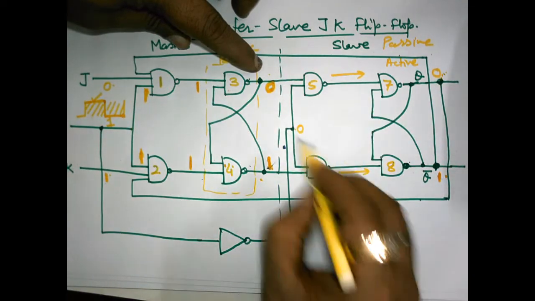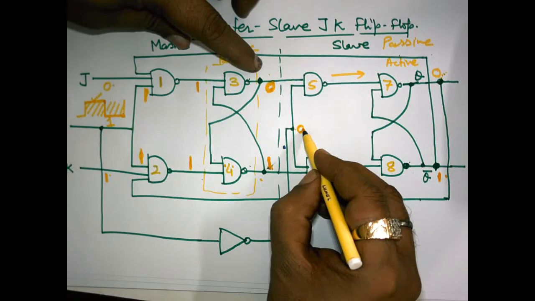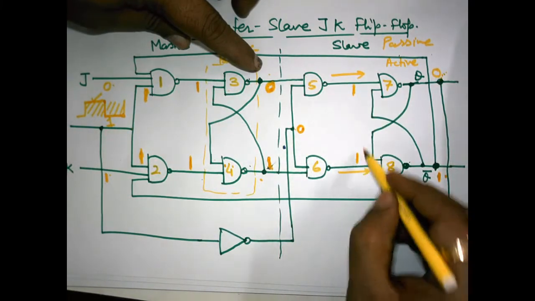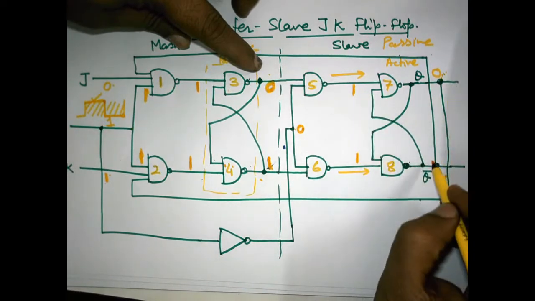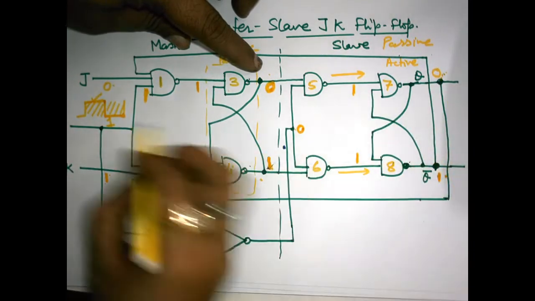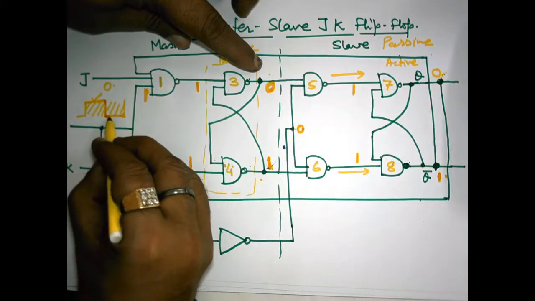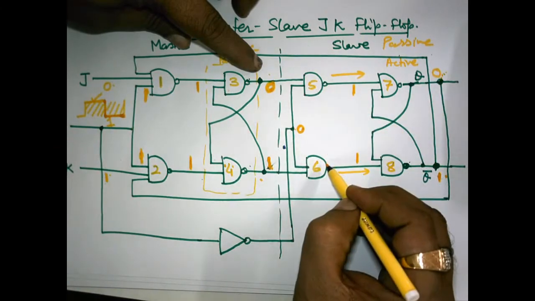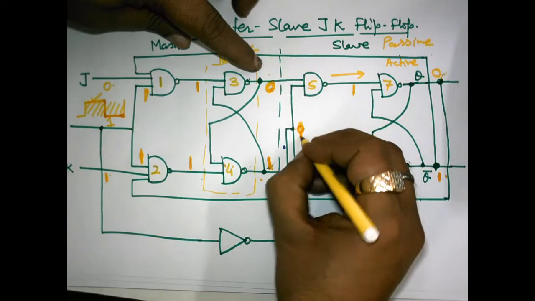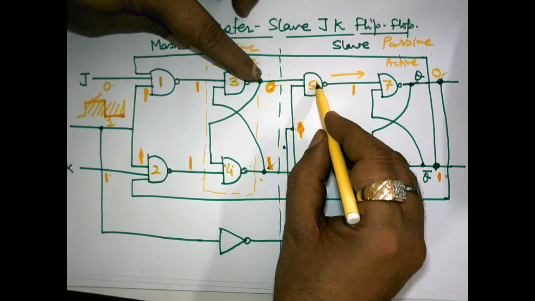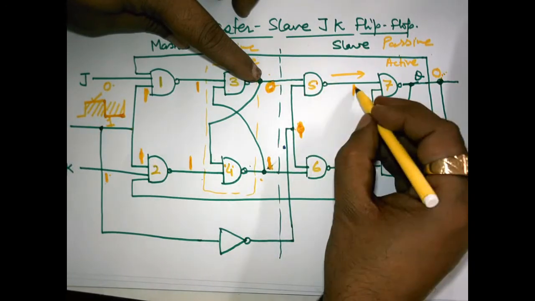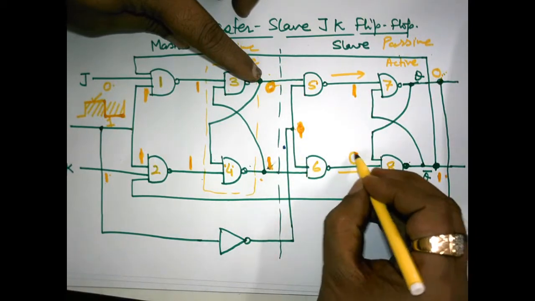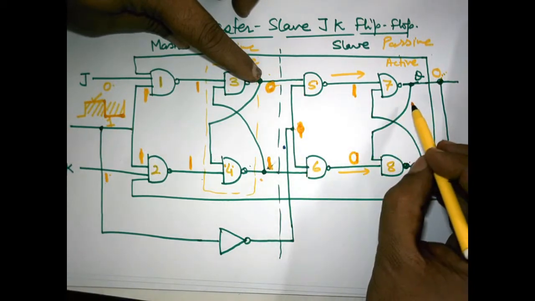It will not further proceed because this 0 will block everything. Why? Because this 0 is making it 1 1, and 1 1 means there is no change. Okay, so as and when this clock goes 0, now this part of the circuit becomes active. This becomes 1, and definitely this 0 1 is 1. Okay, and this 1 1 makes it 0, and what will happen?